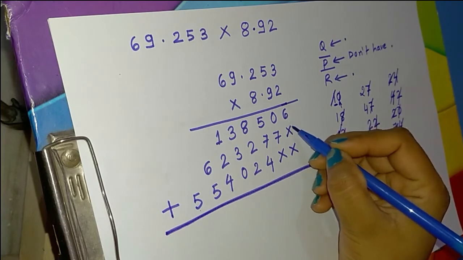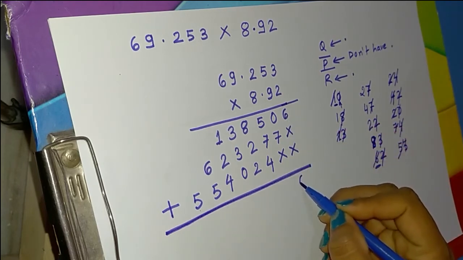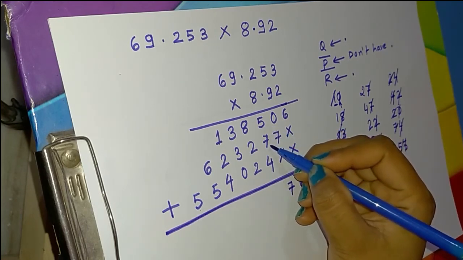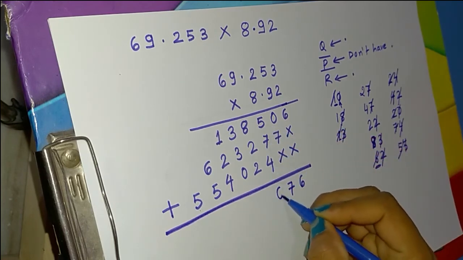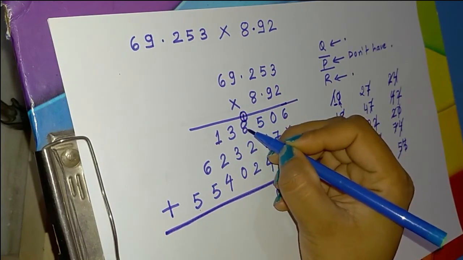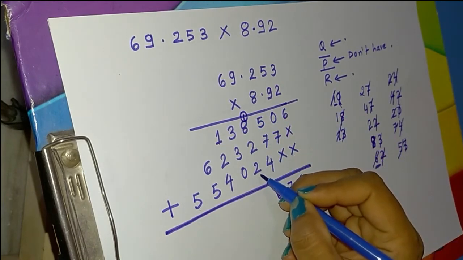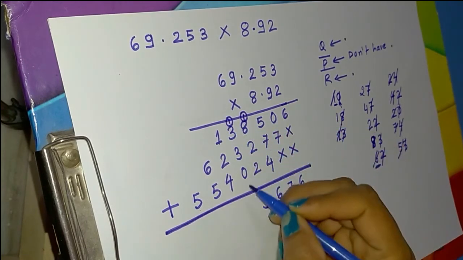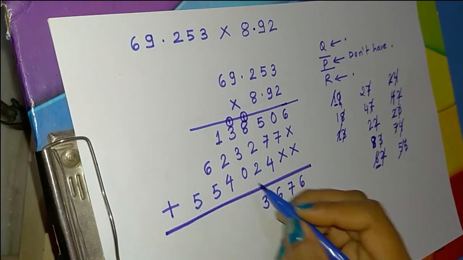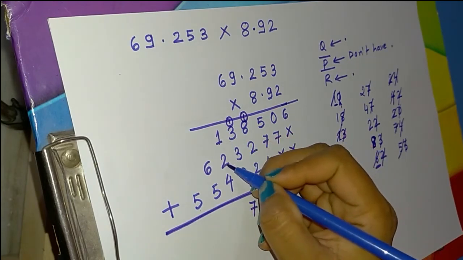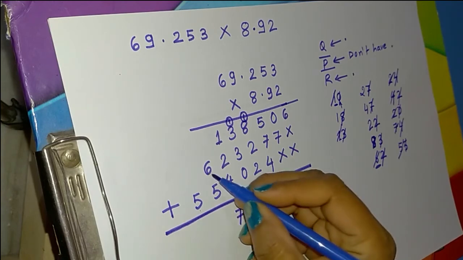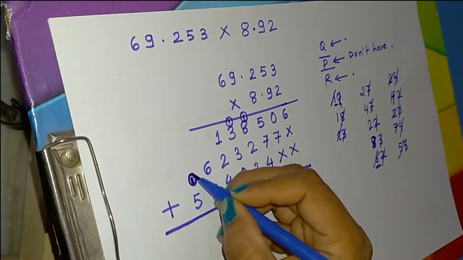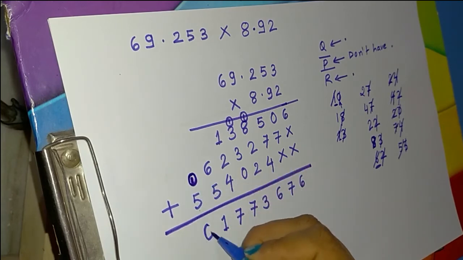So when we add the numbers, at ones place we are getting 6, here 0 plus 7, 7, 5 plus 7, 12, 12 plus 4, 16, 1 is carry here, 8 plus 1, 9, 9 plus 2, 11, 11 plus 2, 13, 1 is carry here, 1 plus 3, 4, 4 plus 3, 7, 7 plus 0, 7, 1 plus 2, 3, 3 plus 4, 7, 6 plus 5, 11, 1 is carry. Always mention carry inside the circle. So 1 plus 5 is 6.